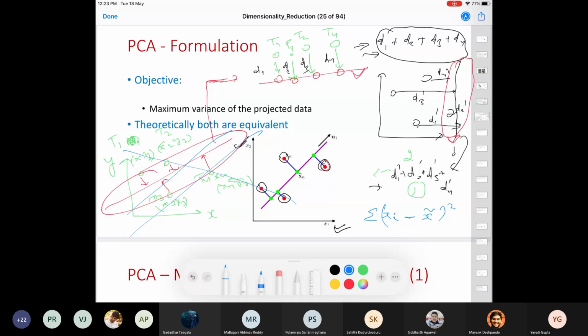The line which minimizes this error would be the best fit line. This is nothing but the equation of your linear regression. Yes, sir.